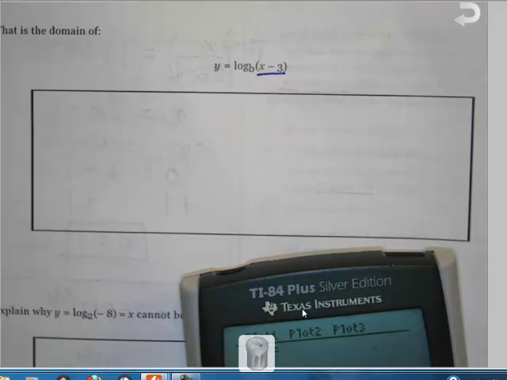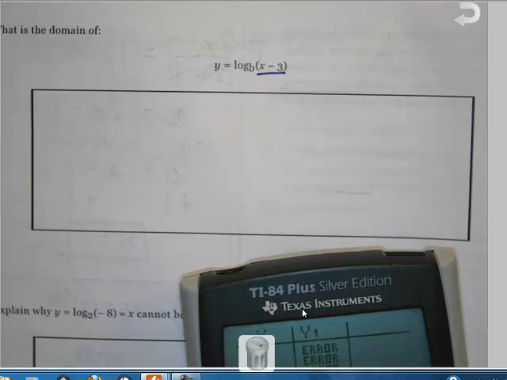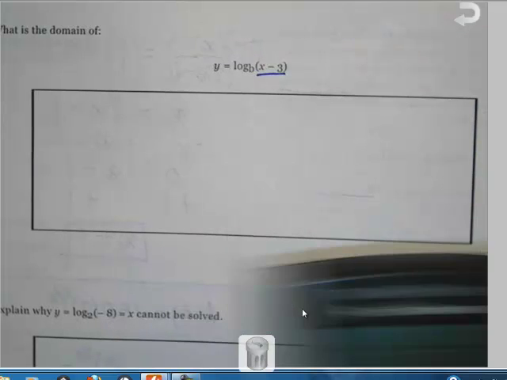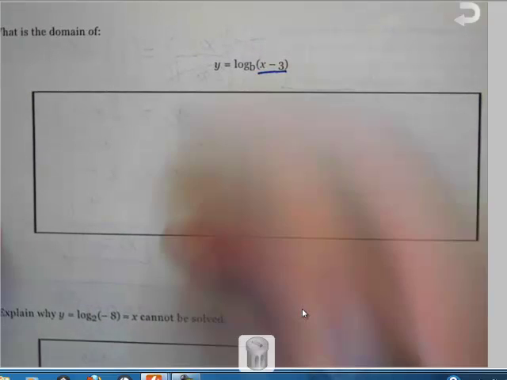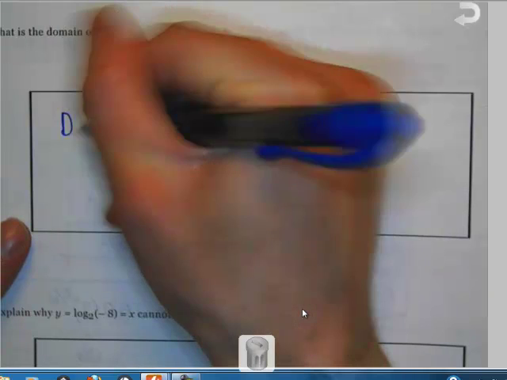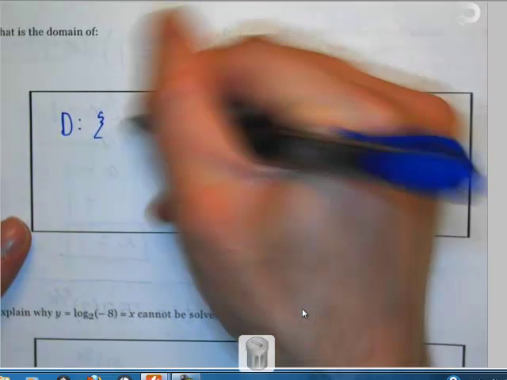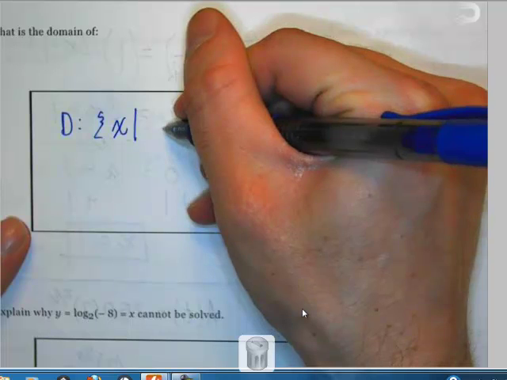log of x, or the log of x minus 3. And you look at it, and you see you have an asymptote, and you scroll down and you find that you have an error until you get to 3. And there you go. So that tells you your domain is the set of x such that x has to